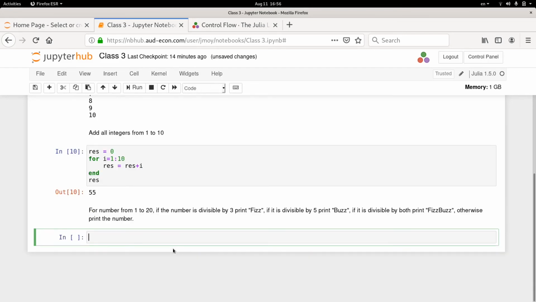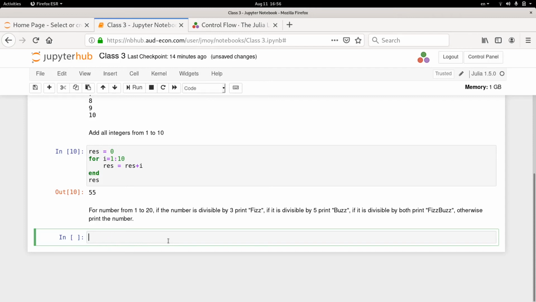So we need something in the code also to take care of conditions. So what takes care of condition in code is the if statement. Okay. So what does it look like? So again I say for i is equal to 1 to 20. So let me do it in steps. First let me print fizz if it is divisible by 3.